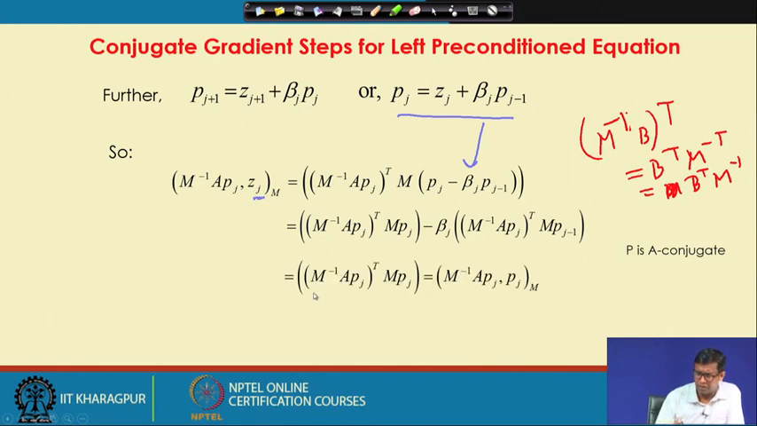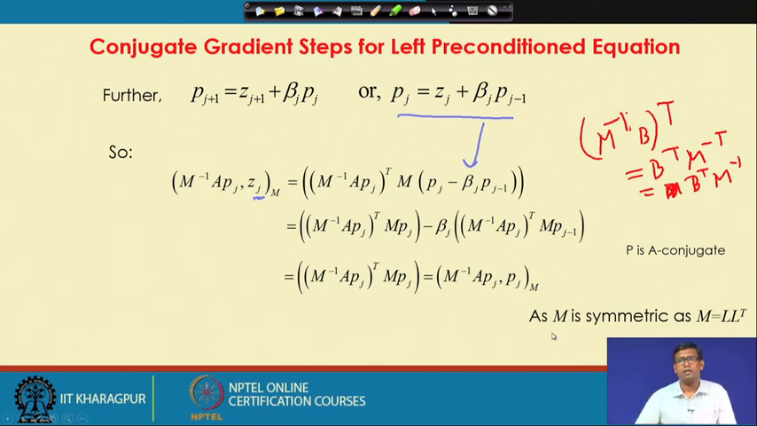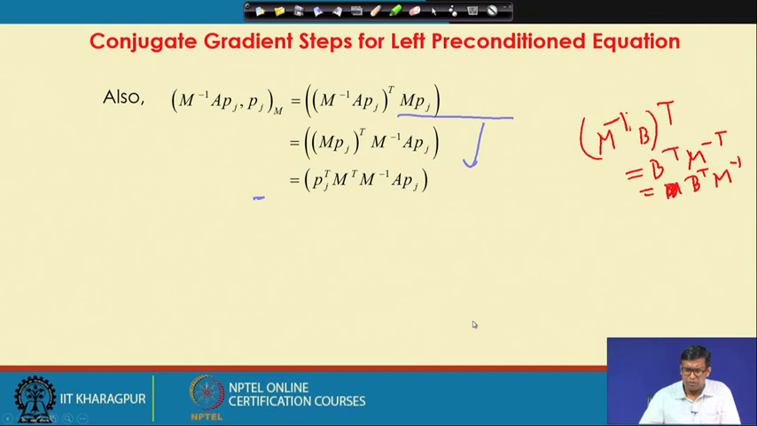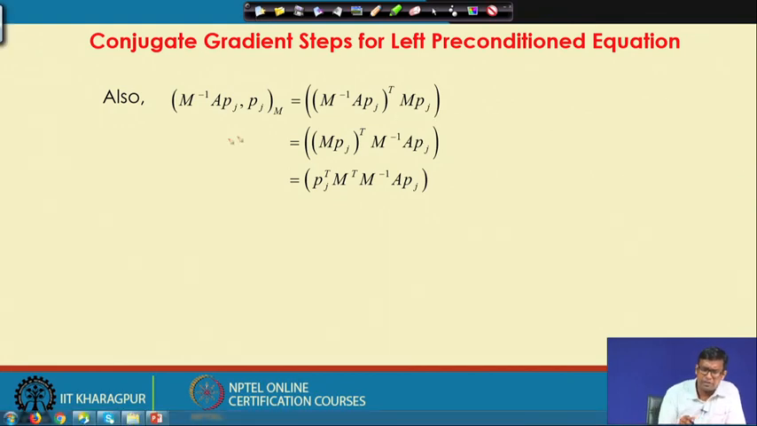P is A conjugate. So, we will see that this term will become 0. You can work it out, this is just one step, and this will be M inverse A p j transpose M p j, or M inverse A p j of M, as M is symmetric or M is LL transpose. Further, what we are discussing, M inverse A p j M is M inverse A p j transpose M j, which is M p j transpose, because we can change the order in a dot product, M inverse p j transpose M inverse A p j, and as